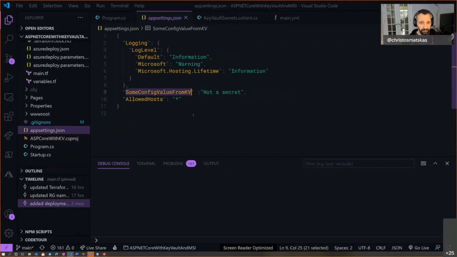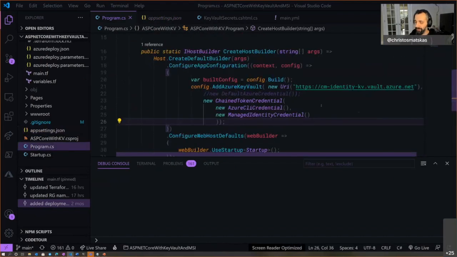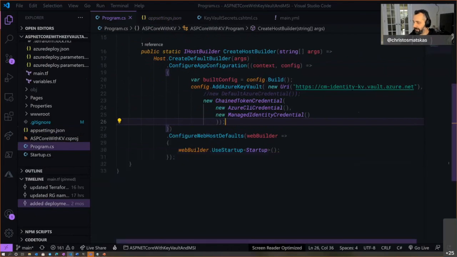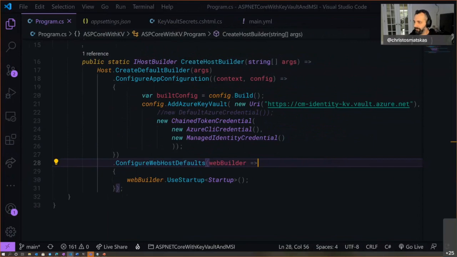So if in my Azure Key Vault, which is a service that allows us to store secrets and keys, I have that same value, it will actually replace it on the fly and do it for us. And so I have these three libraries that I need to use. Then in my bootstrap, in my program, as I'm building my config, let me hide this one and let me make the code slightly bigger. As I am bootstrapping my code, what I want to do here is add my Key Vault.